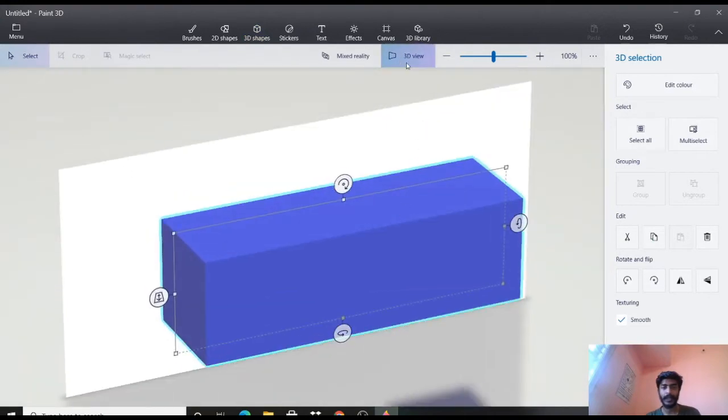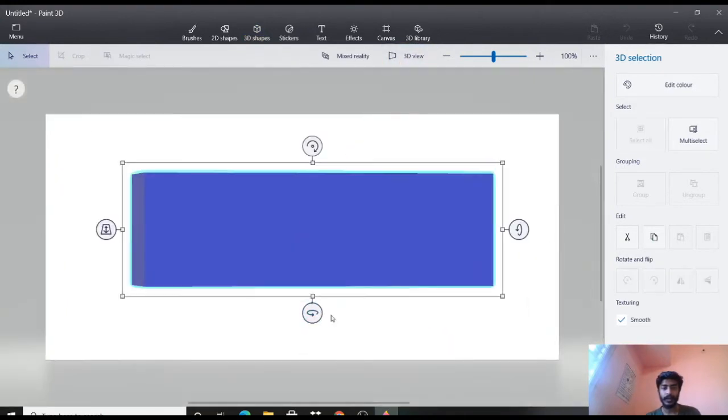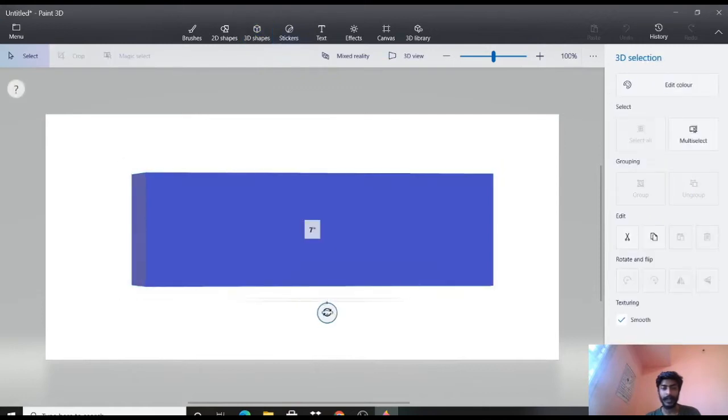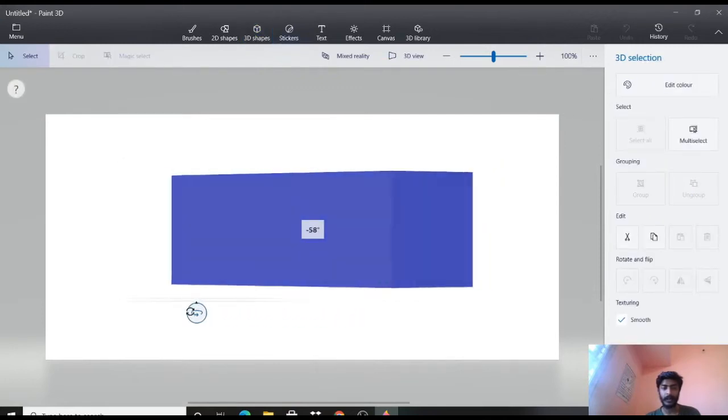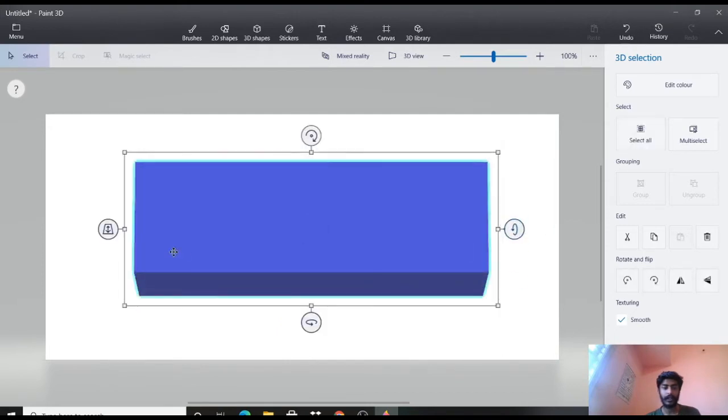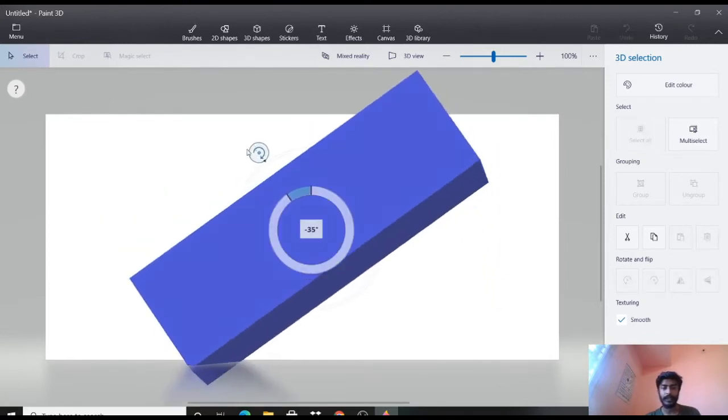That's how it looks, and you can also rotate and see the entire figure here. I can rotate it upside down, and it will give you a lower and upper view.